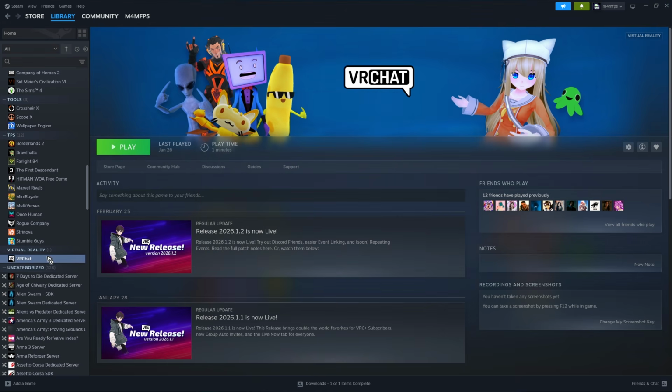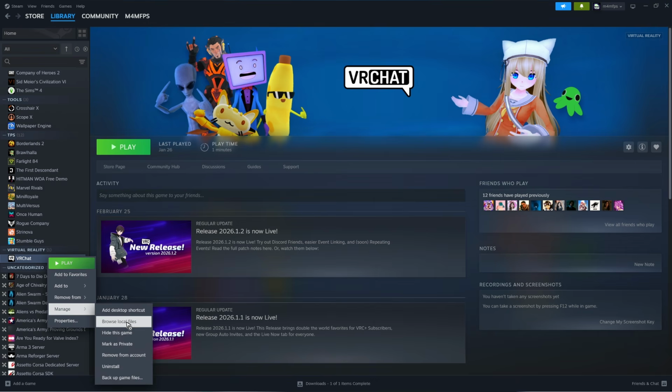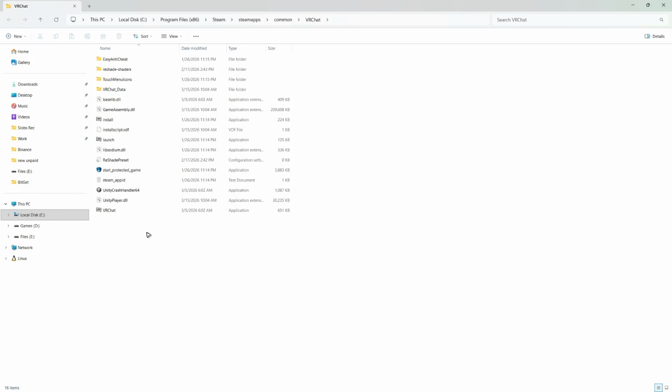If that still won't work, let's go ahead and navigate to the directory. Manage right here and browse local files. For the EA app, manage and I think open properties. Just click on it and it will open up the game's directory. What you're going to do is just find the game's exe. In your case, it would be named